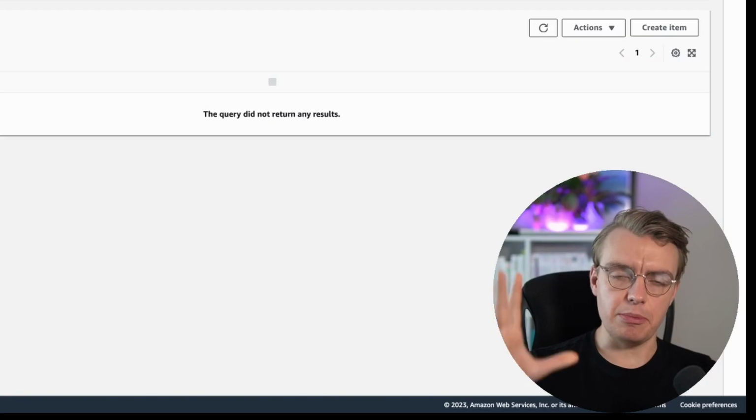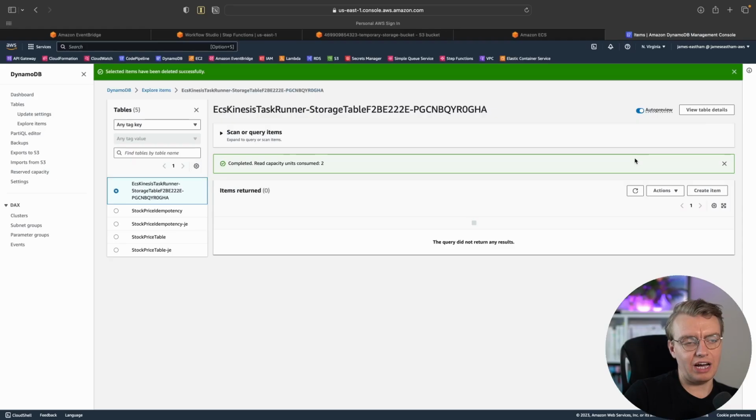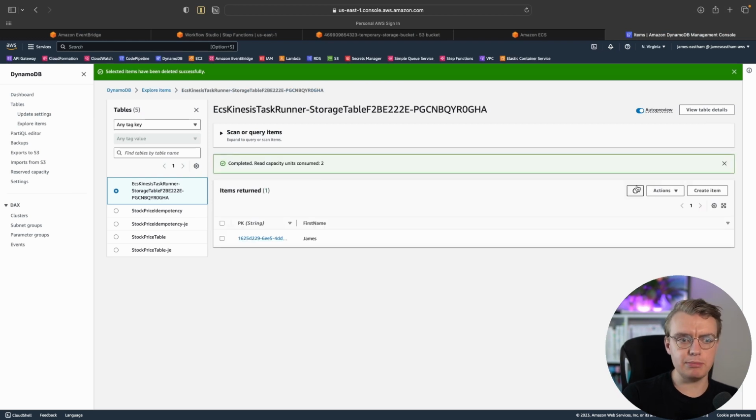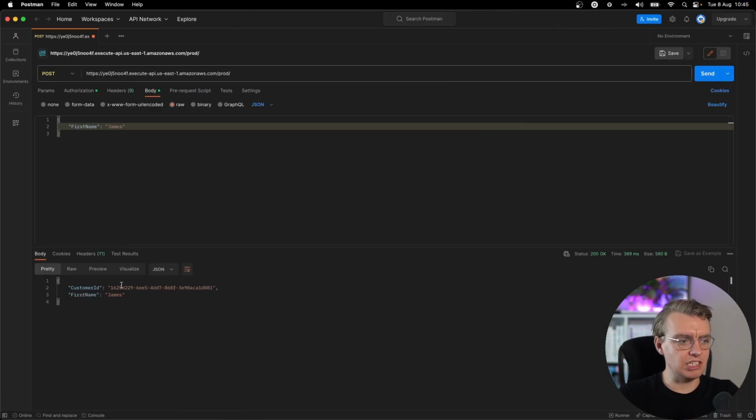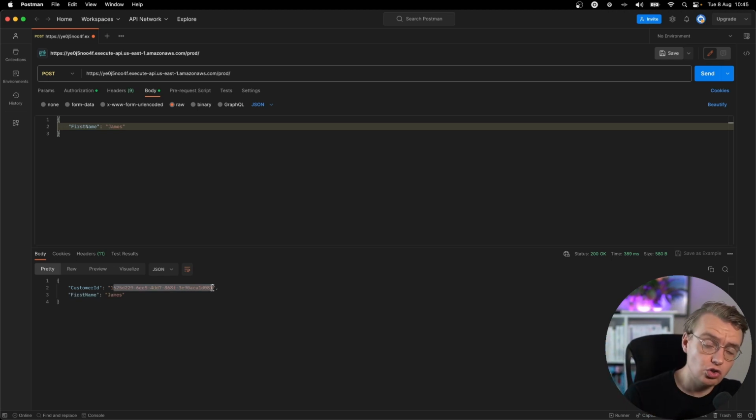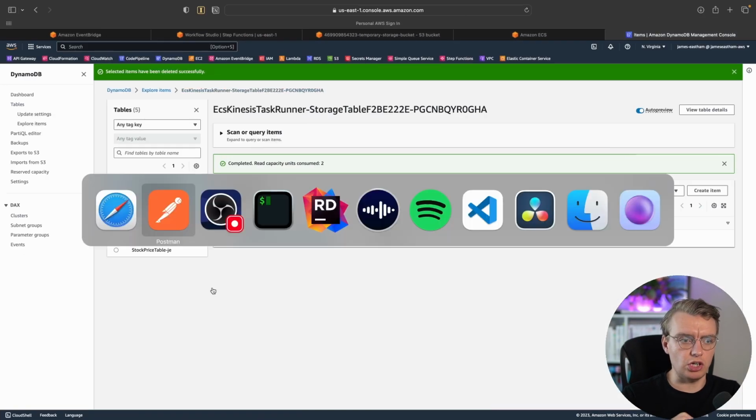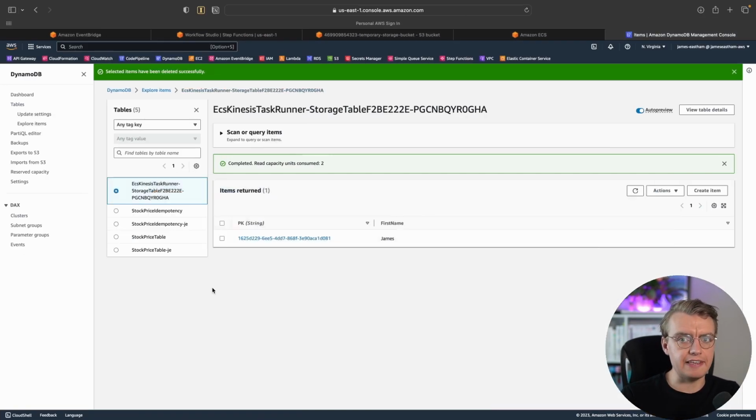And then finally, the piece de resistance. You have a look at your DynamoDB table, and in the DynamoDB table, you have got a record stored, and you will notice that the partition key used in Dynamo matches exactly the generated customer ID by our API. This has all happened super quick. You saw just how fast that was. You might be thinking there's an awful lot of click ops there, James. You've done a lot of clicking around in the console to set this up, and you would be wrong,